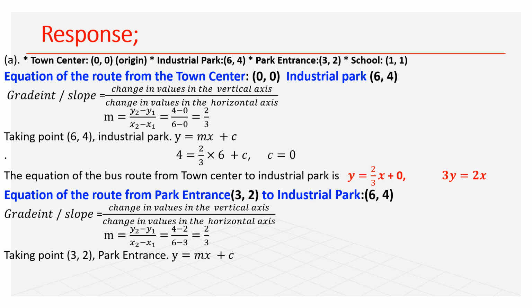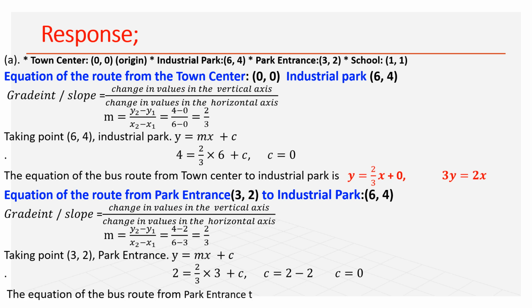So still the standard equation, y is equal to mx plus c. I'm substituting for y as 2, then for x as 3. Remember, the intercept is 2 over 3. Substituting, I'm still getting 0. So the equation of this route from the park entrance to the industrial park is